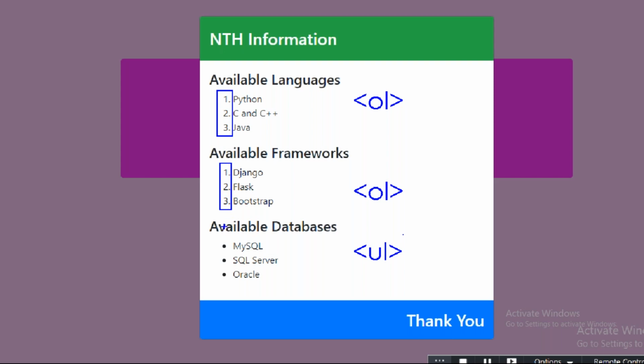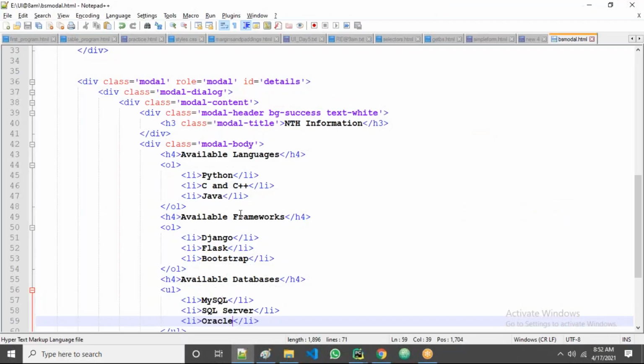Another means numbers will not come, alphabet will not come, only the disc symbol will come like that. Another means no order here. Right? See here by default 1, 2, 3 came. We can change it, guys. We can take the letters also: small a, b, c, d, or capital A, B, C, D, or Roman numbers. You can take. I'll show you, guys.